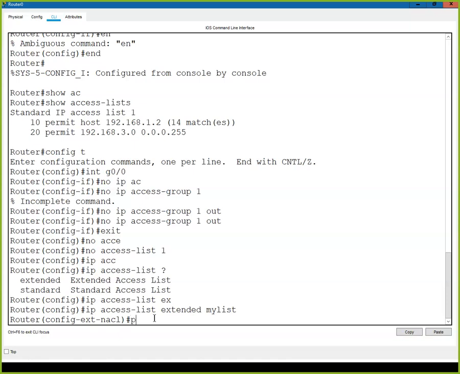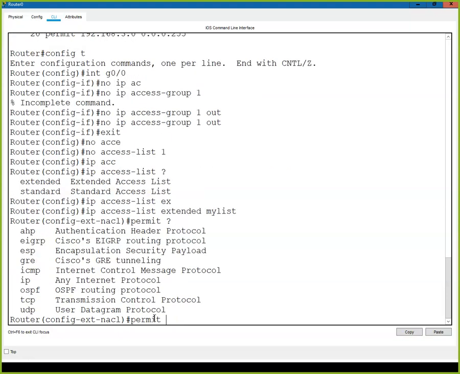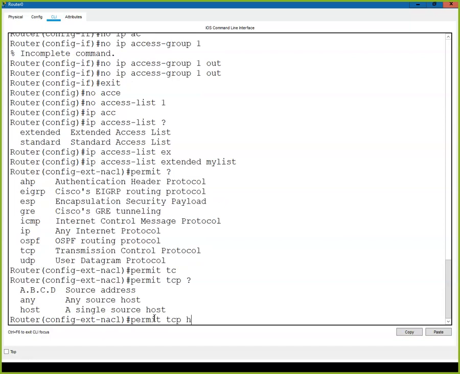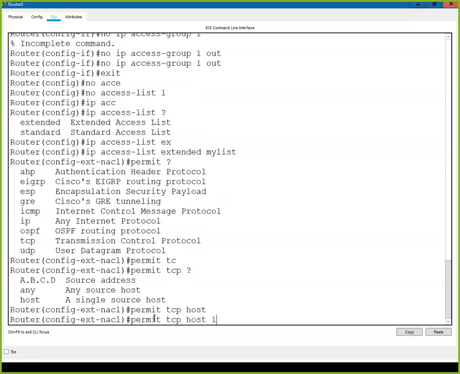So on this one, we're going to permit, and then I'll do the question mark here. We need to specify the protocol here. Since we're going to be using port numbers, we need to use TCP as the protocol. And then after that, I'm going to do permit host